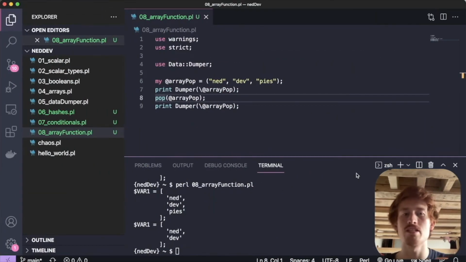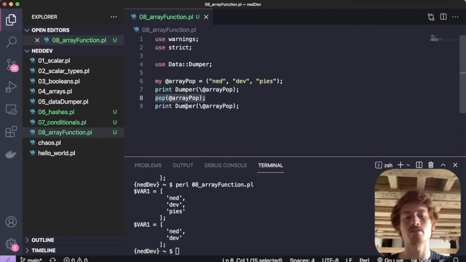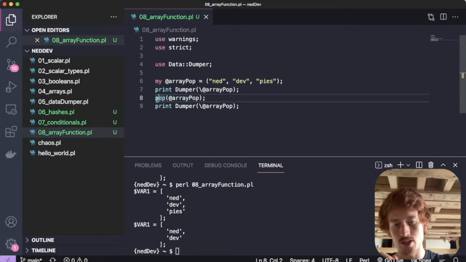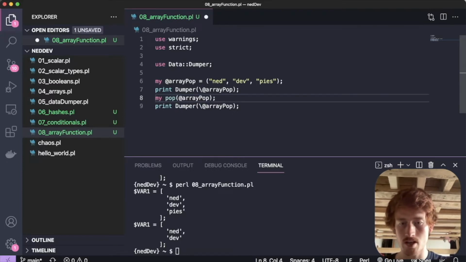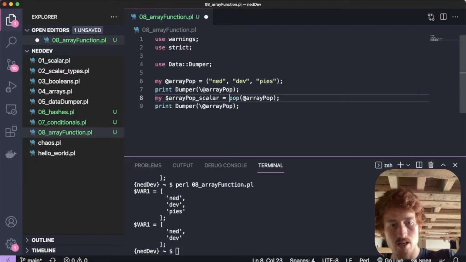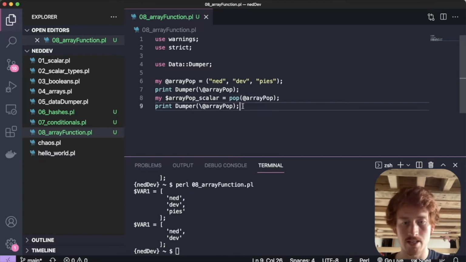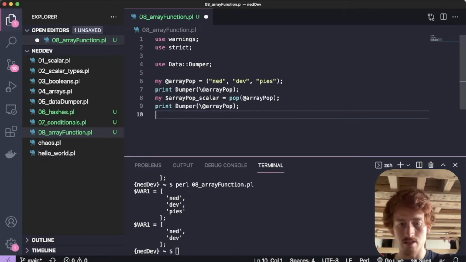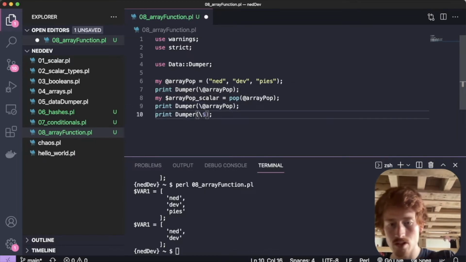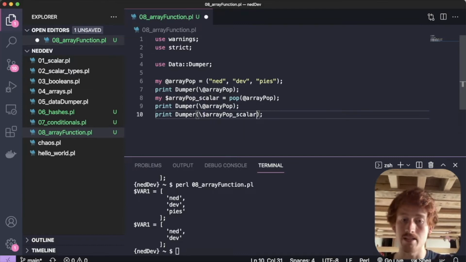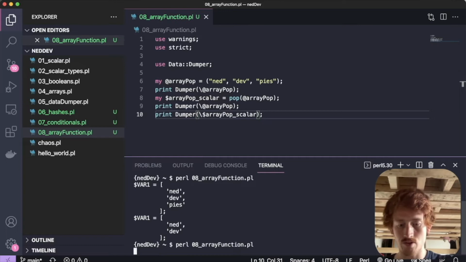So before we move on to the next array function, I want to make it clear that this function here returns that last element. So we could assign this function call to a scalar called array pop underscore scalar, and equal that to the function. And then what we can do down here is print out